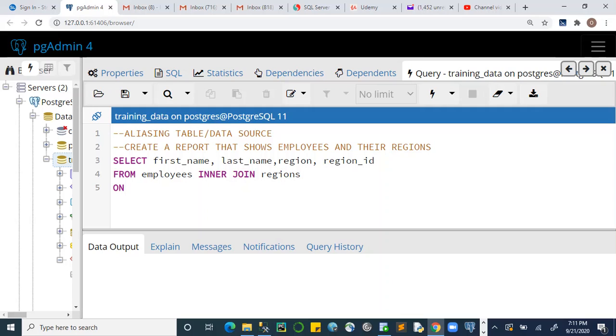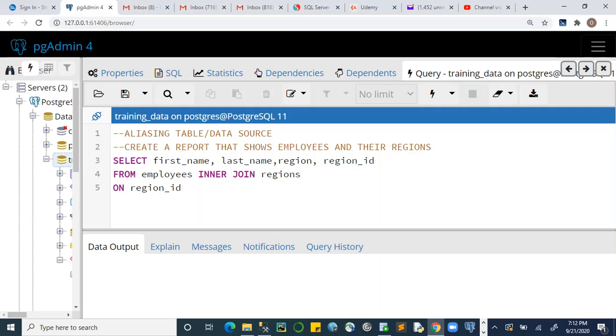There might be a few exceptions here and there, but let's limit it to that, since in most cases a common field would be a primary key field in table A and a foreign key field in table B. Like in this context, region ID is a primary key field in the regions table and a foreign key field in the employees table. So we'd say join these two tables on